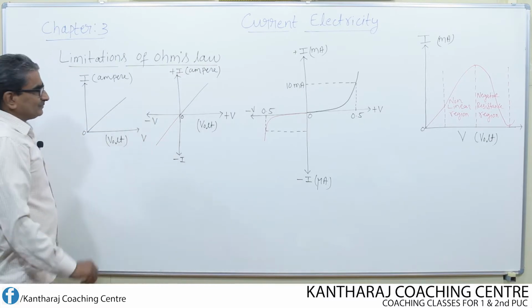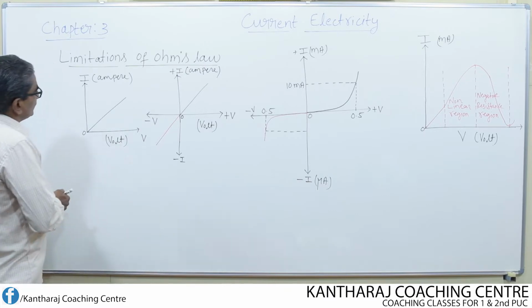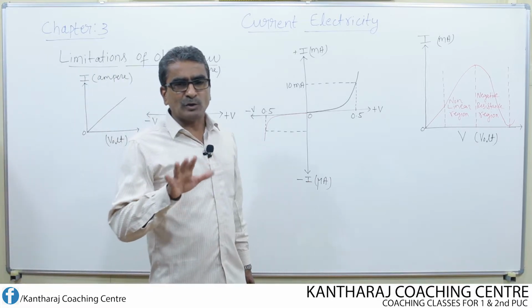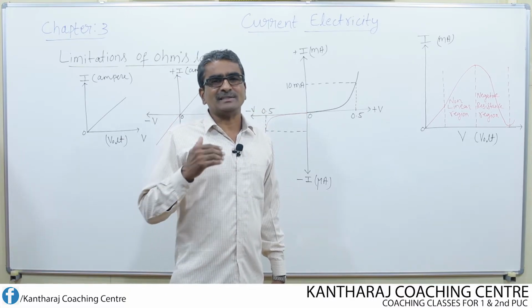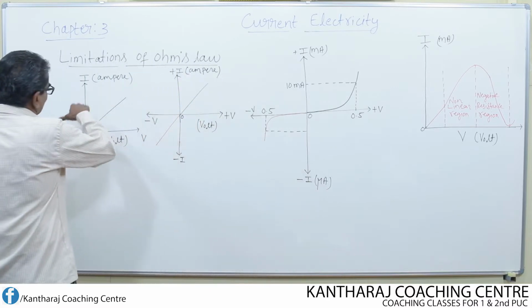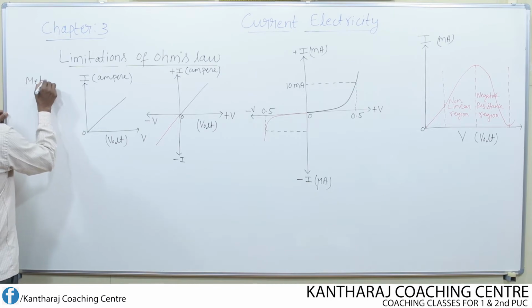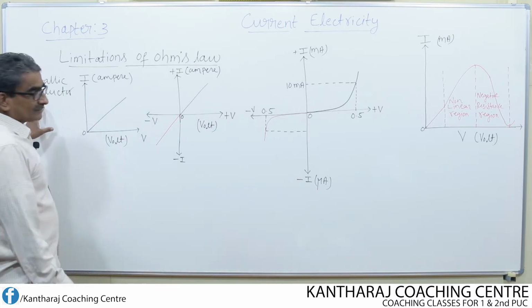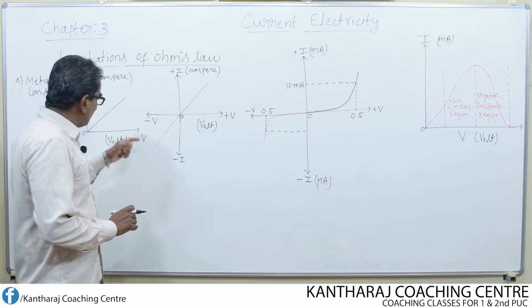Say I have written one graph, current against voltage. We know that Ohm's law is applicable only for good metallic conductors and for small current. What happens if the current is increased? Say, for example, I am going to consider one metallic conductor. Now in case of a metallic conductor, if I increase the potential difference applied, I write one